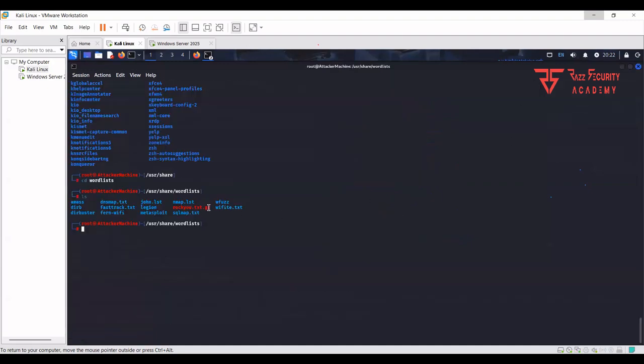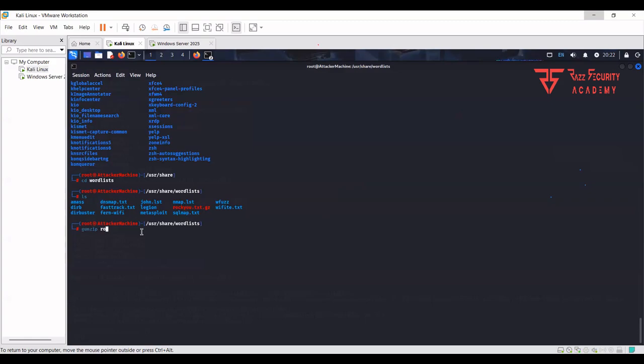Okay, gz is a zip file. So first of all, we need to unzip this one. To unzip, we need to type